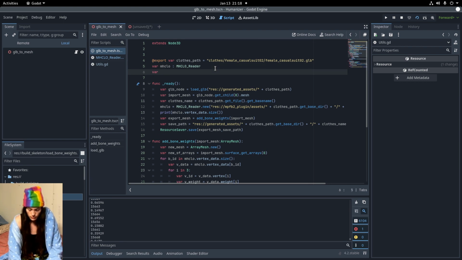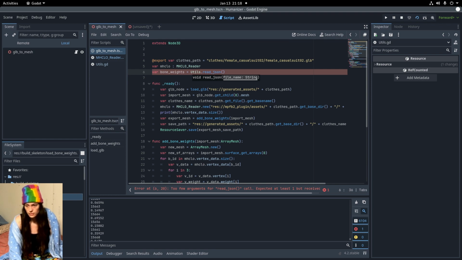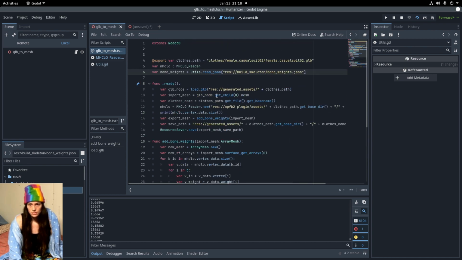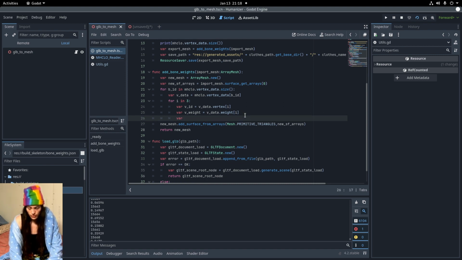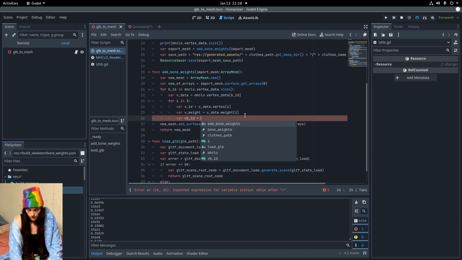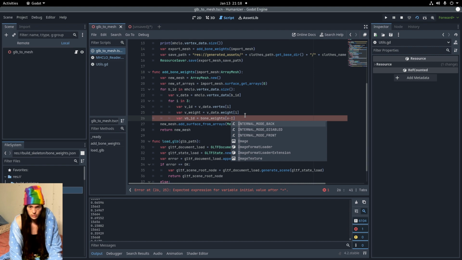So I'll make a new bone weights data equals utils read JSON, and this uses the JSON parse, and then I'll drag the bone weights JSON, so this will get the data, and then I'll get the vertex bone IDs equals the bone weights at the vertex ID, which is the Blender ID,